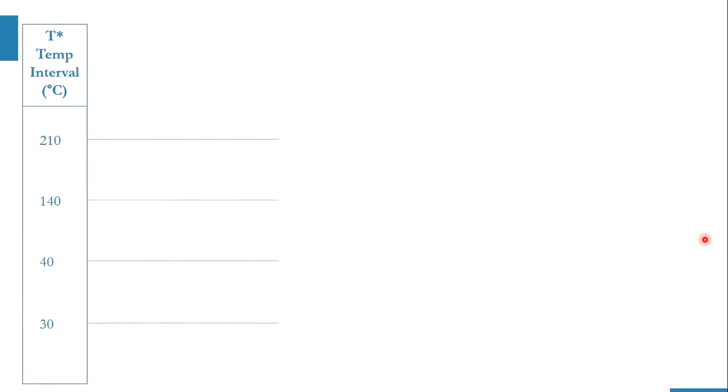In the second case, we will again draw this temperature interval, as you can see, and hot utility is required above this point. Obviously, you will know that to take it from 140 to 210 degrees centigrade, you require hot utility. So hot utility will always be at the top, as we have seen in the graphical method as well. You can go back and check that in the graphical method, the hot utility is on the higher side because you need it for the cold stream, and the cold utility is at the lower side.